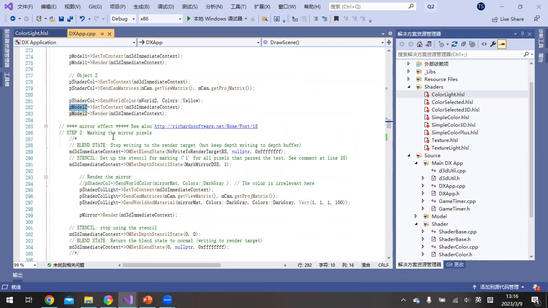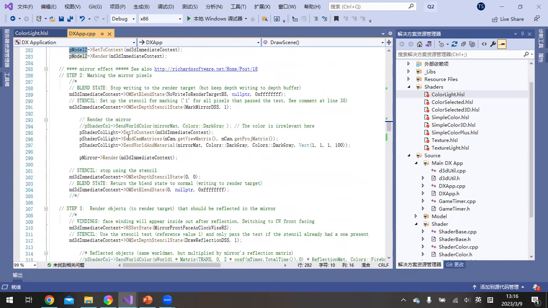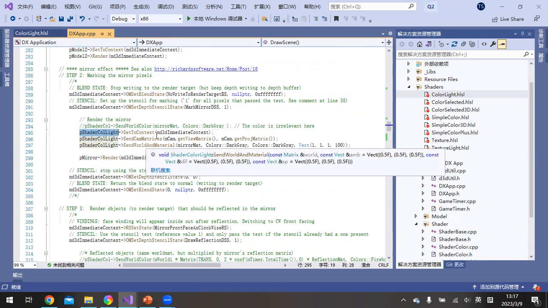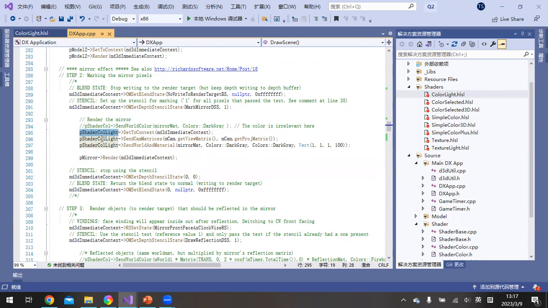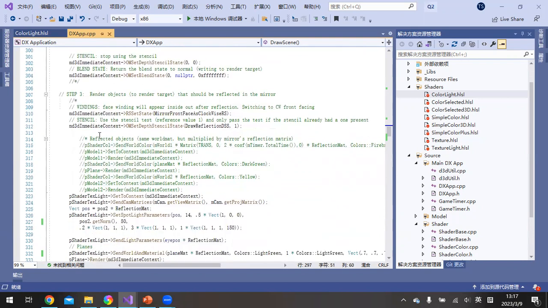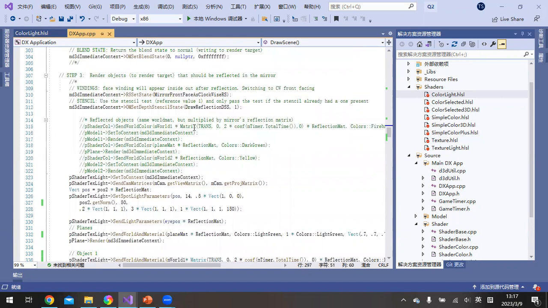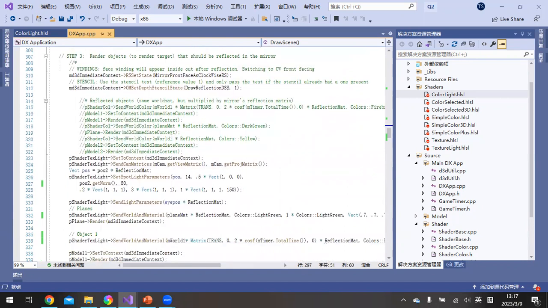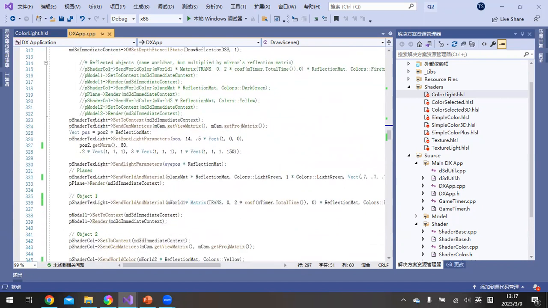And step 2 is making the mirror pixel, because for the mirror I use the color light to render. So it will go like this. Step 3 is to render the object reflected in the mirror. It is similar to step 1, but